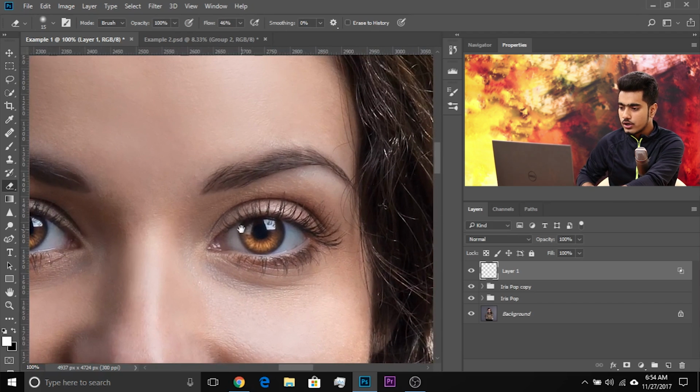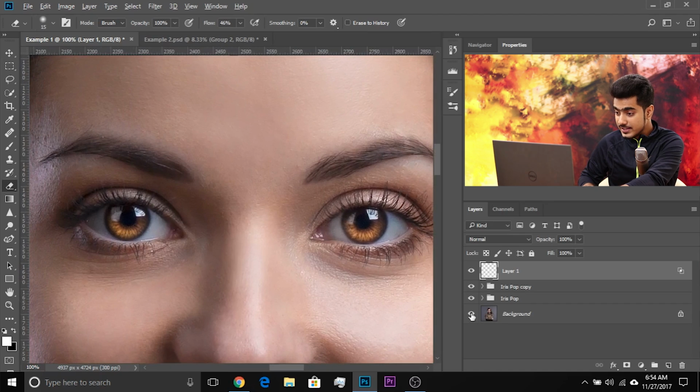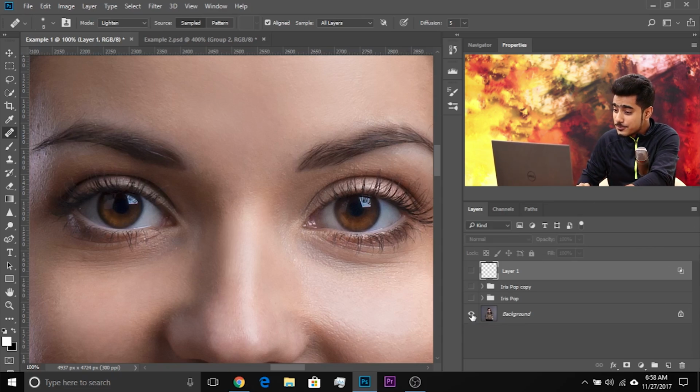Have a look at the overall before and after. So this is the after and this is the before. What a dramatic difference it makes. Again, this is the before and this is the after. And if you're wondering what key I'm holding down, I'm holding down the Alt or Option. If you hold down the Alt or Option and click on the layer visibility icon, that particular layer goes solo. If you hold that down again and click on the layer visibility again, everything shows up that was showing up before. Alright, now that you've been watching for so long, I have to say thank you so much, my friend.